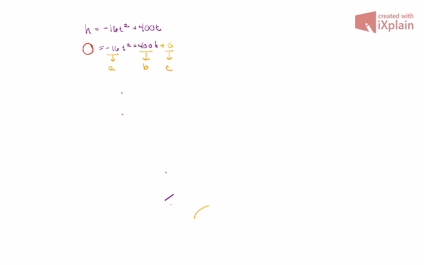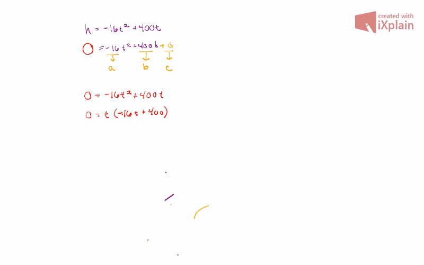I'm going to show you a bit of a different way. Because I actually don't have a C or a constant value, or I mean it's 0, I can actually get a little bit more creative. So let me rewrite the line. I have 0 is equal to negative 16t squared plus 400t. We'll take a look at the right-hand side. I note here that there is a common factor of t that is happening here. So I'm going to factor out a t,